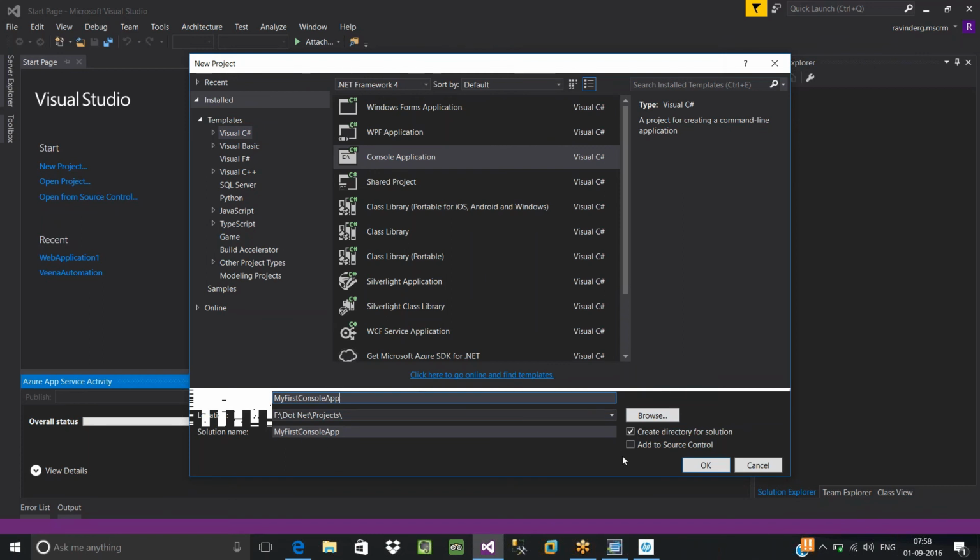Add to source control is different. When it comes to real-time applications, we'll be using some version control to maintain the history of changes of all files of your projects. There will be a central repository. Your application will be kept there so that it can be shared by a number of developers.